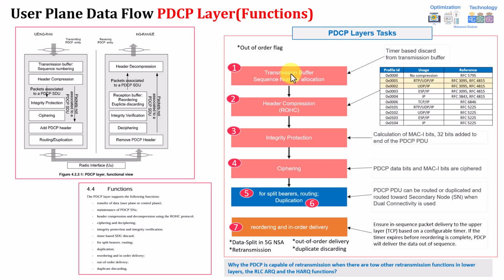The second part, which is optional, not a must, is header compression. The first one must be done; the second one is optional. It's header compression based on robust header compression, and it can be done to reduce the packet size. Reducing the packet size in general, especially if you reduce the IP header, can bring better capacity, and can sometimes improve your block error rate, because you can have more energy per bit if you reduce the size of the packet. This also will be discussed in detail.